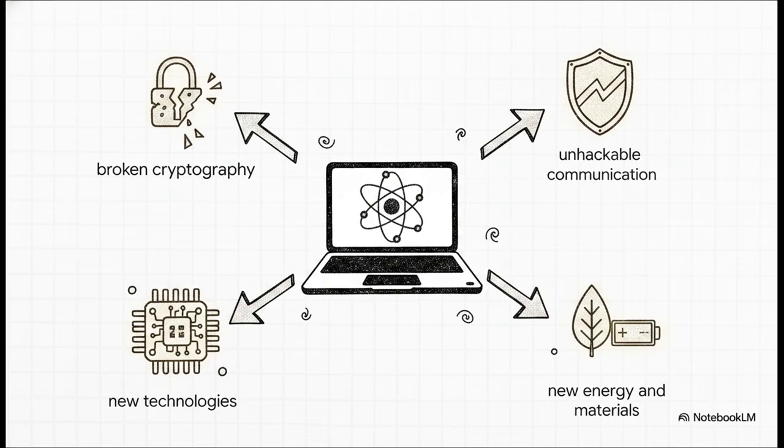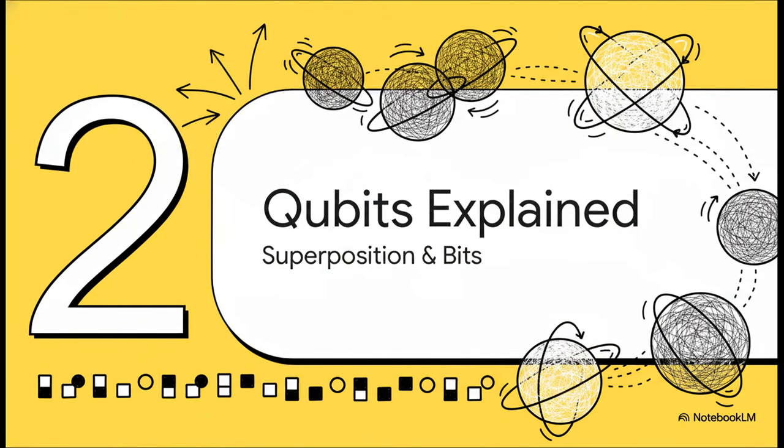We're talking about challenging our current cryptography methods, which means, yes, they could break existing security, but they'll also introduce completely new possibilities for totally private, unhackable communication. And beyond that, they'll allow us to model and manipulate other quantum systems. That opens the door to entirely new computer chips, energy technologies, next-gen sensors, and cutting-edge materials that we literally can't even dream up yet. That brings us to Part 2, Qubits and Superposition Explained.